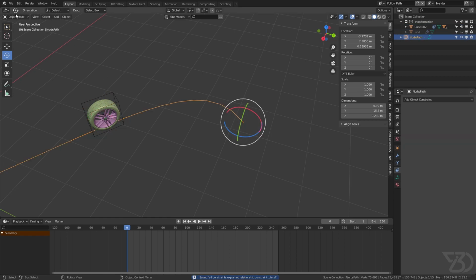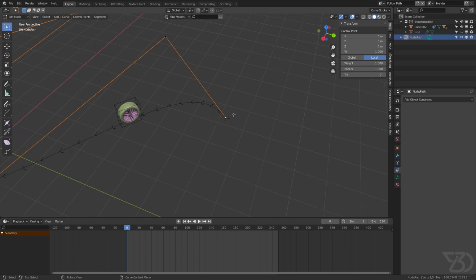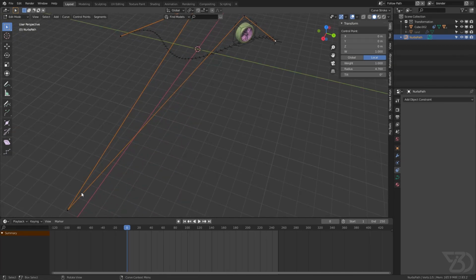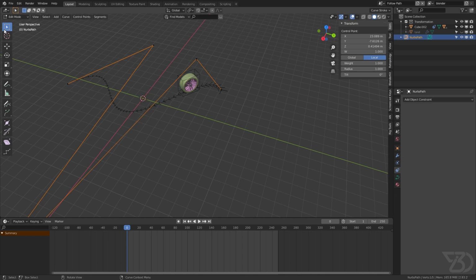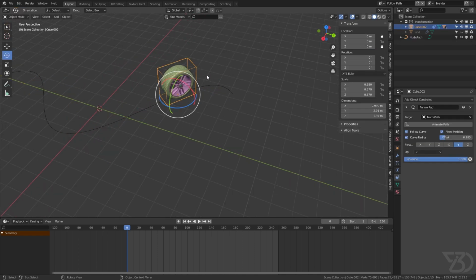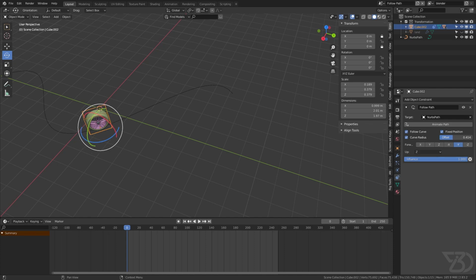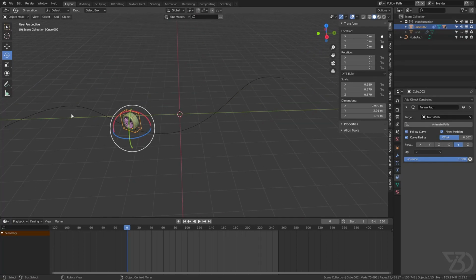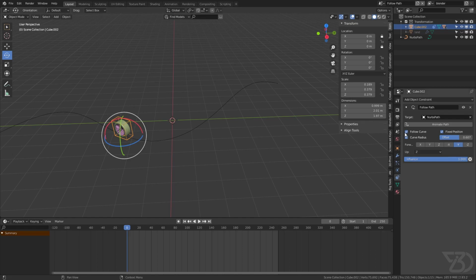And then one more value which is curve radius. So if I select the curve, and then if I increase the radius of this curve, it will affect this object as well. So see, it's now bigger here, and then as soon as it reaches here, it will now go back to 1. So let's see, now if I move this one, see, it's becoming smaller and then bigger and then smaller. It depends on how much radius we have defined in our curve, which we can disable for now, and see, it's working.